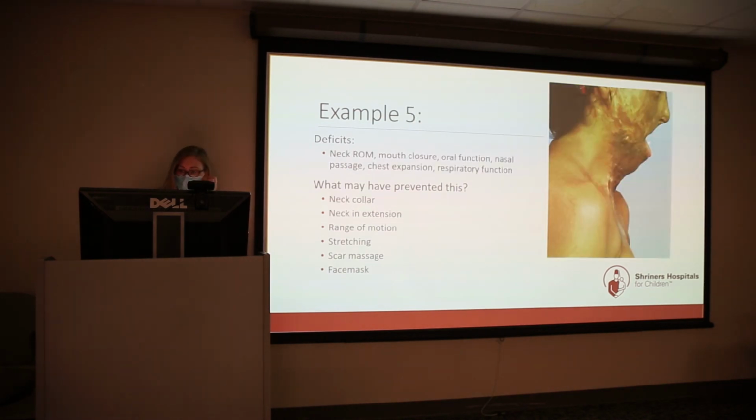This is our last example. This patient here, this appears to me that they've already had a neck release in the past. But they obviously still don't have great contour of their neck, not a lot of range of motion here. You can see this neck is positioned very forward. I doubt that they have very good mouth closure, so oral function. And if this picture went up a little bit higher, I'm sure you could see some